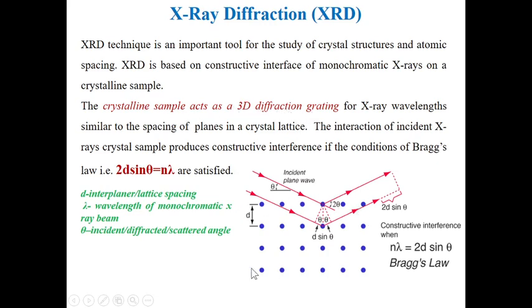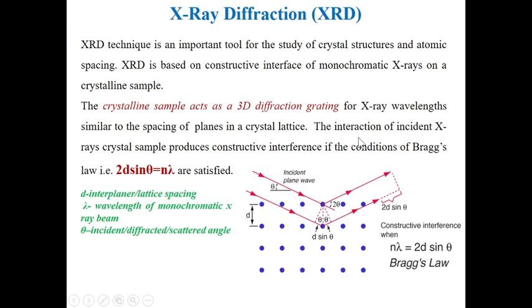So this is your 2D diffraction grating. That means here spaces are there and here also spaces are there. You can consider these as the planes, or these as the lines. We know that a grating means lines having a definite spacing. Here the lines or planes have a definite spacing, so this acts as a grating. If we consider this lattice in 3D format, we get a 3D diffraction grating.